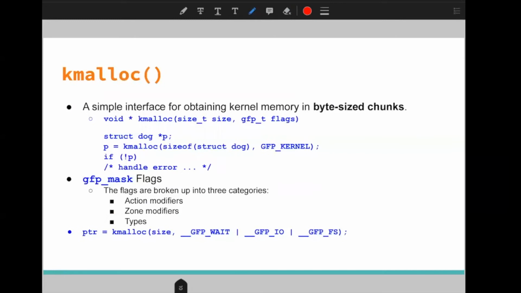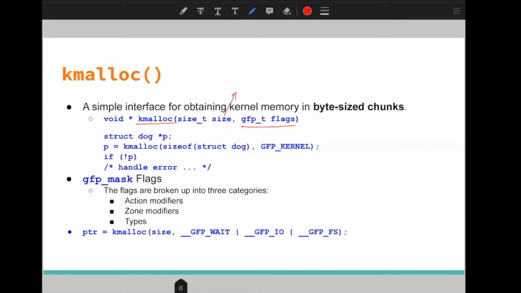Now let's discuss if our requirement is that we want to allocate memory in terms of bytes, then we have a specific function called kmalloc. Here we have to provide the number of bytes we want to allocate and the flag, as we have already discussed in the page allocation.